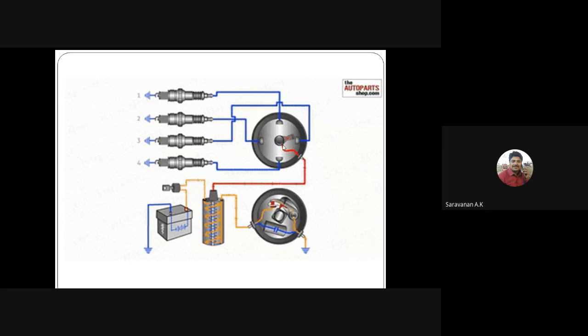And the distributor is also connected with a rotor, right? So what will happen? See here, now the fourth spark plug is working, and now the second spark plug is working, and the first and the third, right? The rotor will connect to the armature connection. The distributor's high voltage is connected to the rotor. So when the rotor is connected to the